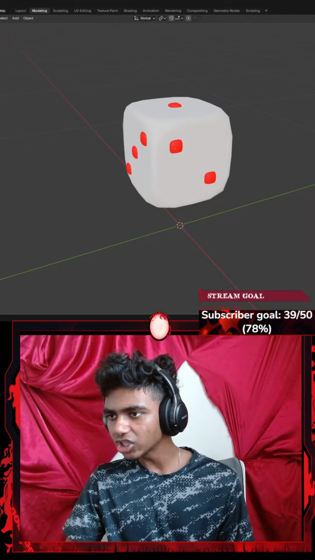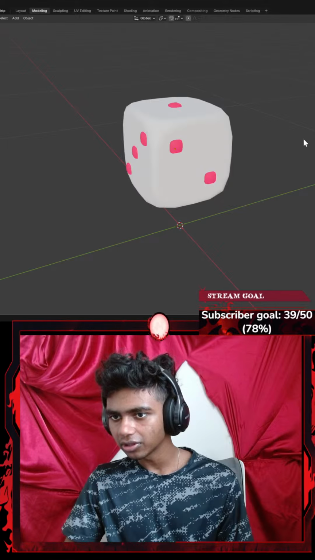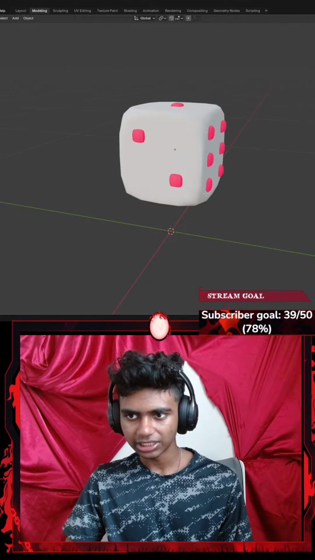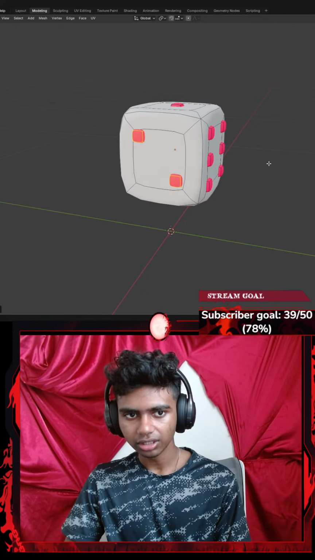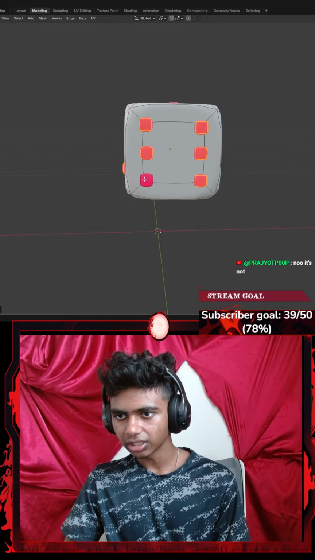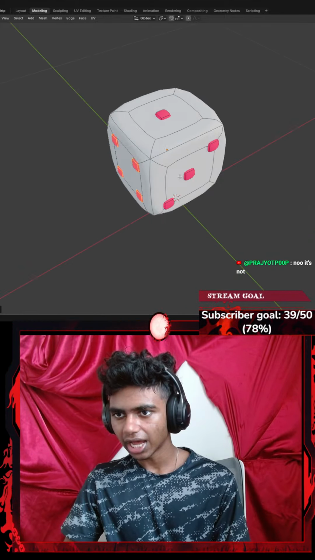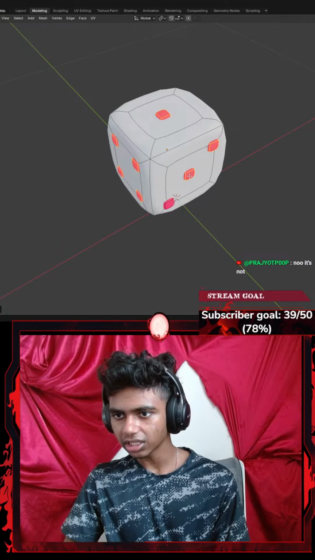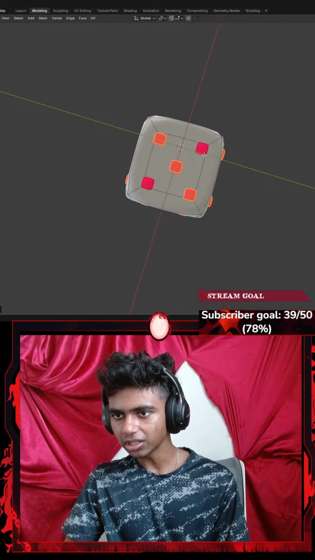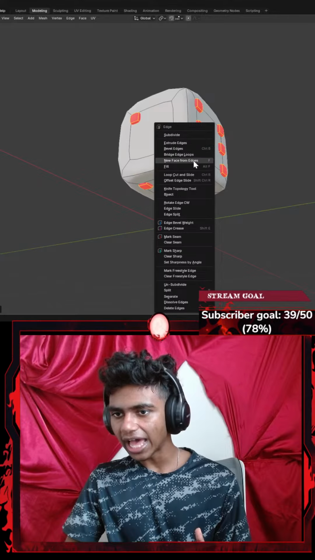For the time being, I'm going to change this color to something like pink. Let's disable, enable. There we go. So I guess I've got to change these. Let's go with L, tab. Let's hit L. Okay, no, it's not. I see. Let's go with L, L, L, L, L. Let's select it all, and lastly select these five squares as well. There we go. Now I'm going to right click and flip them.